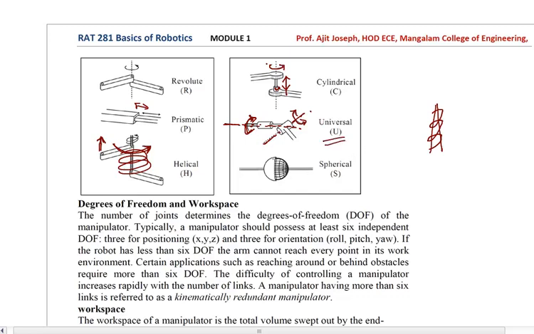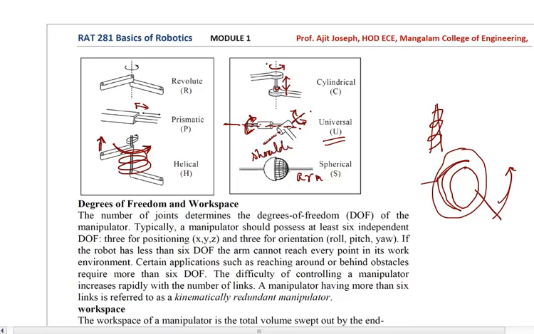And finally you have this ball and socket arrangement, which is called a spherical joint, wherein you have a cup and there is a ball, and that ball is having the second link, and basically this can move in any direction. Best example of this is your shoulder joint. If you consider this as your arm and this as your shoulder, the shoulder also has this ball and socket arrangement, wherein you can move this link up and down, because the ball slides inside the cup. So that's basically a spherical joint.